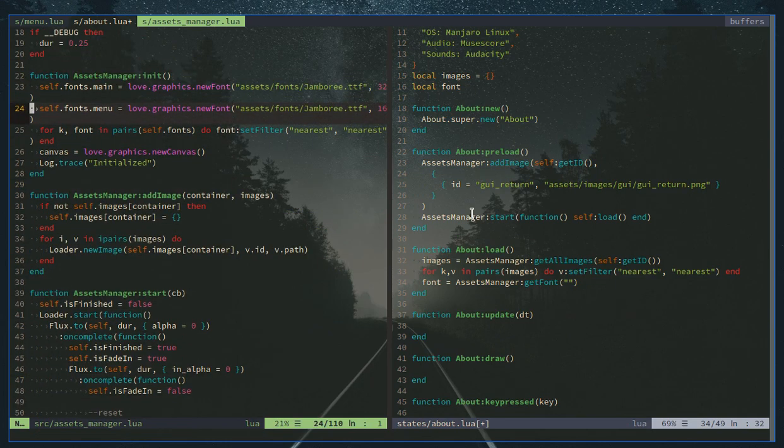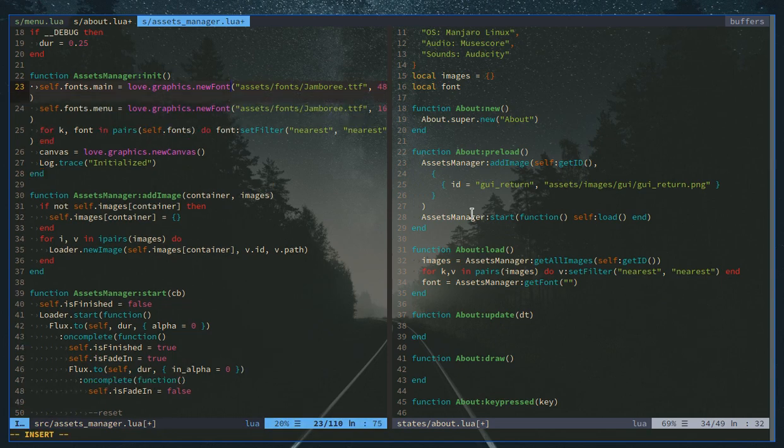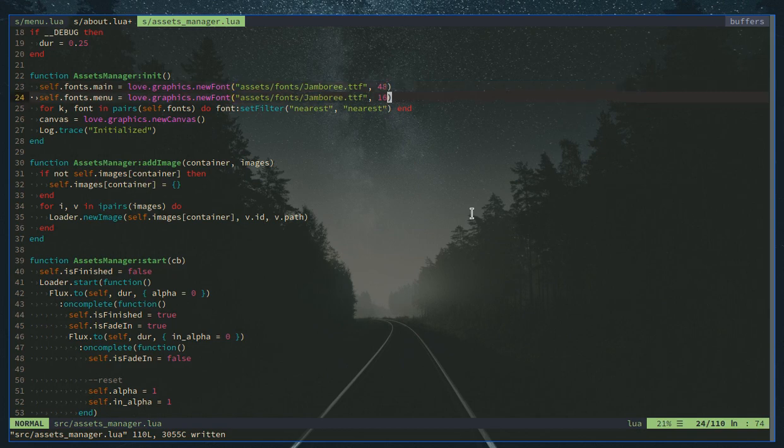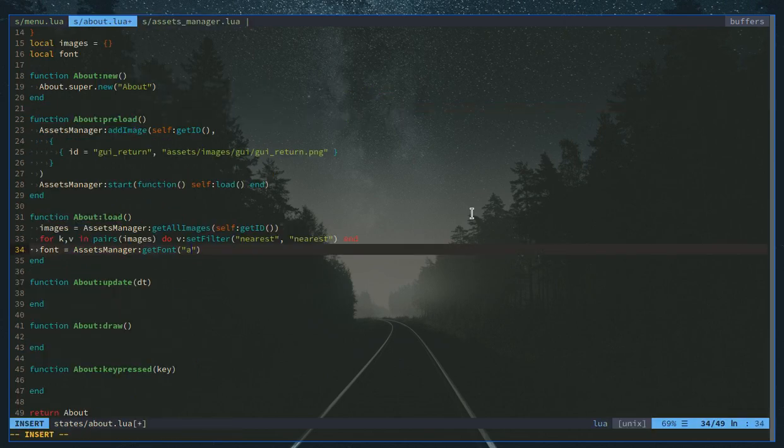So the font will be the same, but I think we should change the size. Start changing the size of this to this, and then menu, this should be about, let's just say 24. So just say about,